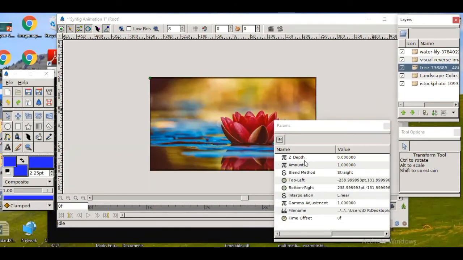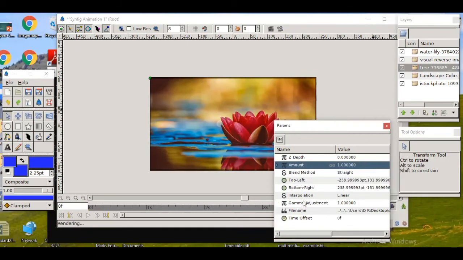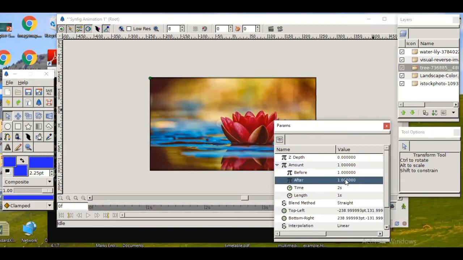Then third layer, amount, right click, convert, time swap. And here before 1, after 0 for every layer. Then here we are keeping this time for 6 seconds.